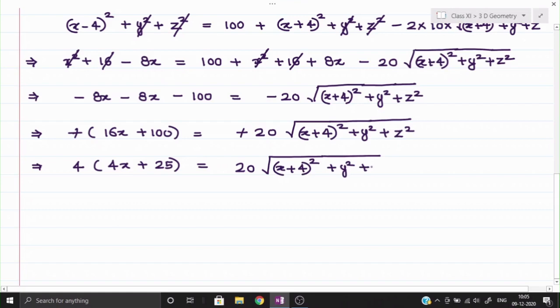Now see, from 4 we can cancel 25 times. Now we shall perform the squaring on both the sides. So we shall write down further again